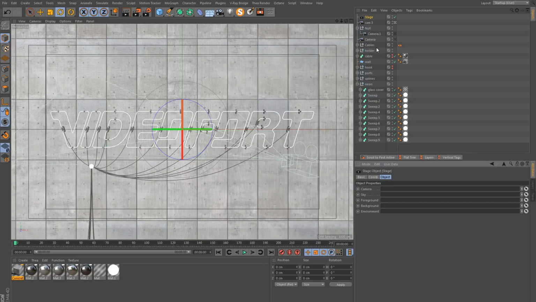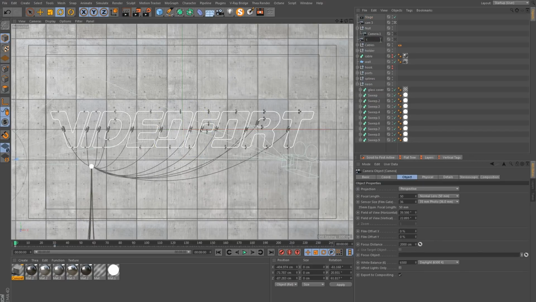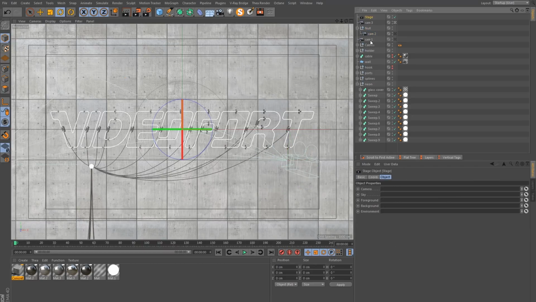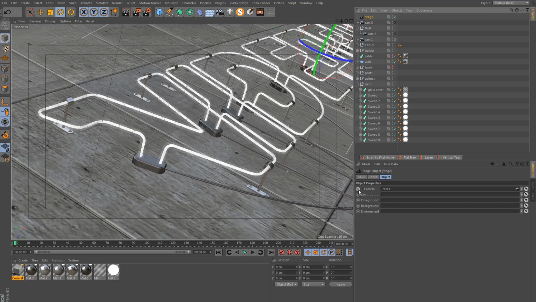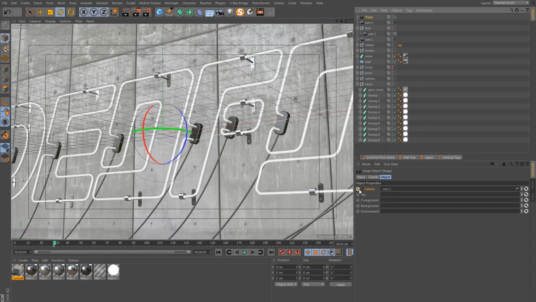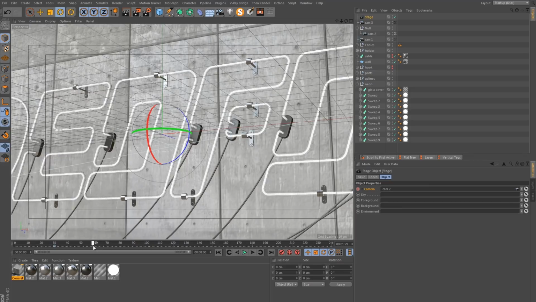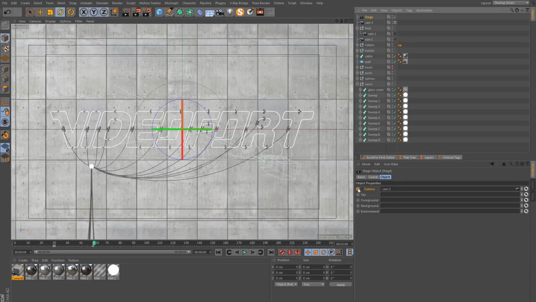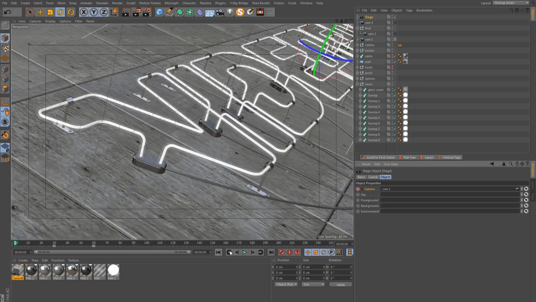So at the beginning, we start with camera number 1. And this is camera number 2. And set a keyframe to switch. So at frame 29, let's keyframe camera number 1. But at frame 30, this is where we want to switch. So let's drag in camera number 2 and set a keyframe. And do the same kind of switch at 2 seconds. So keyframe number 2 there and set number 3. So now if I play this back,